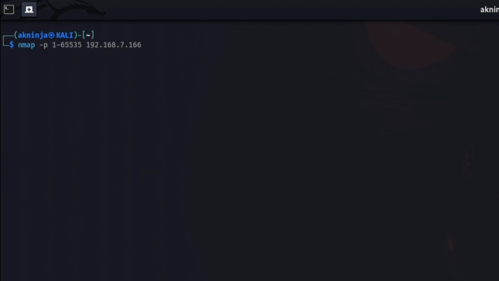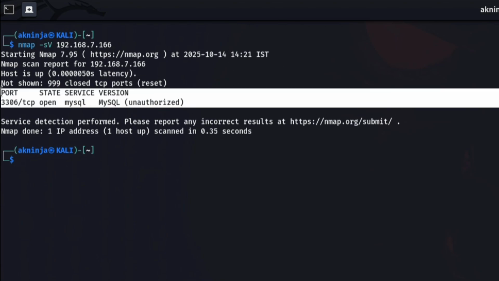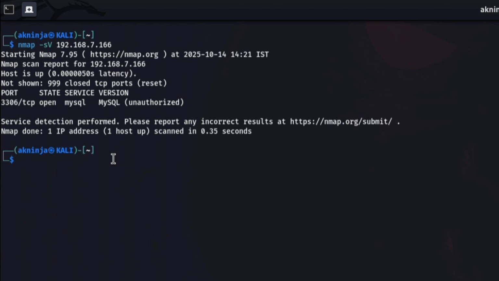Next, you see an open port, but you don't know what's running there. Could be a web server, could be a trap, could be a friend's Python project gone wrong. So let's ask nicely with the -sV command, nmap -sV along with your IP address. Now nmap not only tells you what is open, but also what version it's using. It's like, oh, hi port 80, you are running Apache 2.4.41 vintage.